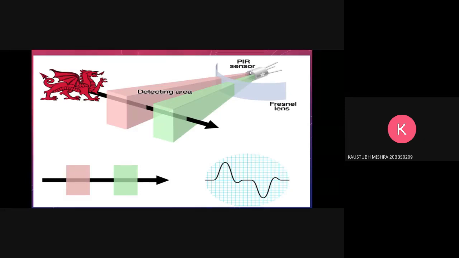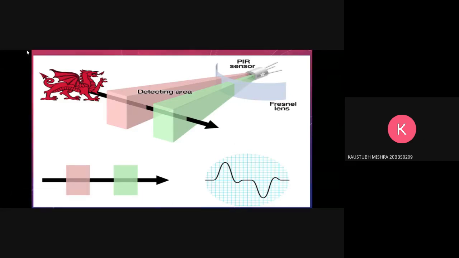So what happens is, when the sensor is sitting idle, there is no movement in front of it. This just detects the ambient or the ever present infrared radiations of the room or wherever it is kept. And hence, both of these slots, or both of these infrared sensors, will actually give the same reading. So we can see this straight line on the graph. That means that the readings of both the slots are same. Whenever this is a flat line, that means the reading of both the slots is the same.